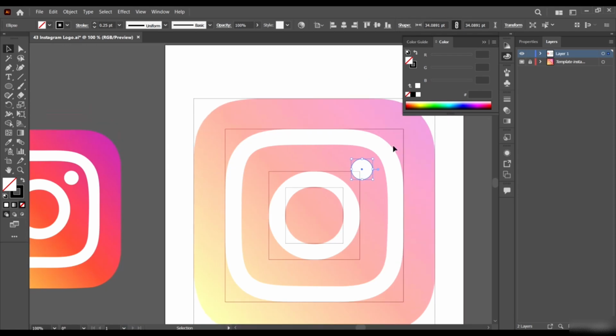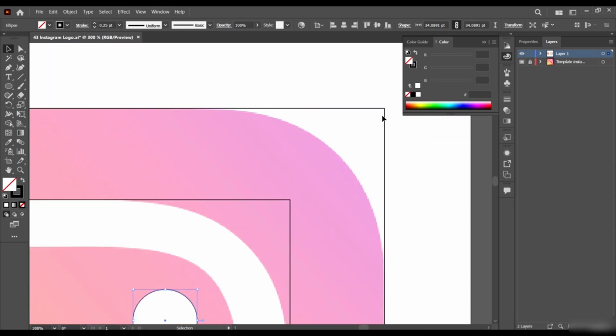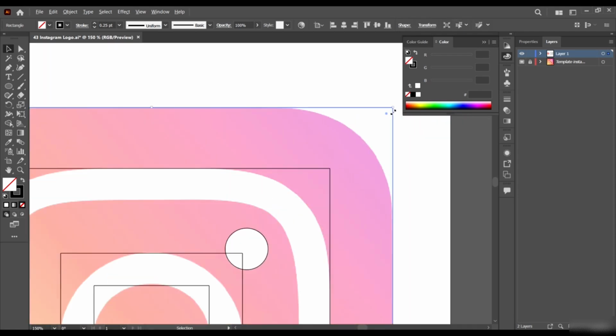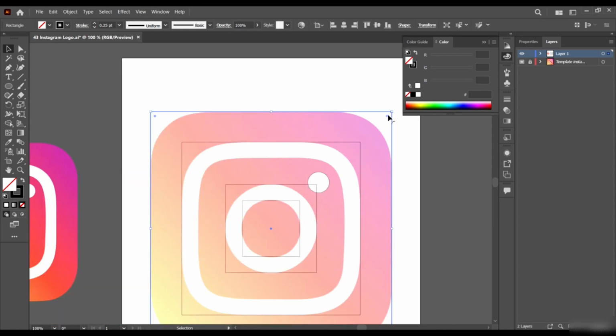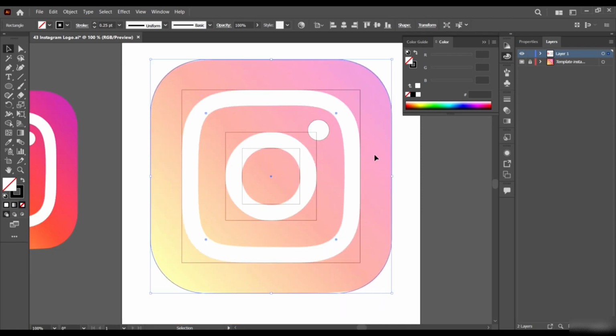Perfect. Now, a very simple thing to do next is select your shape and come to this little curvature icon here that controls the curve of our edge. Just drag it out like this. Select the guy and drag it out like this.